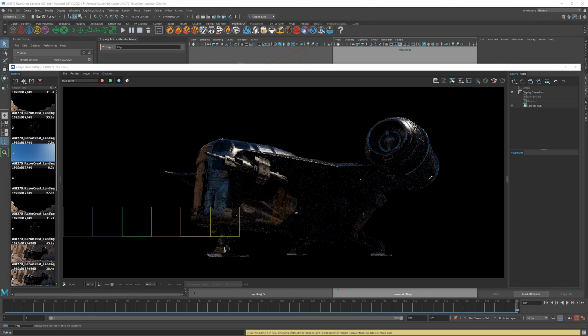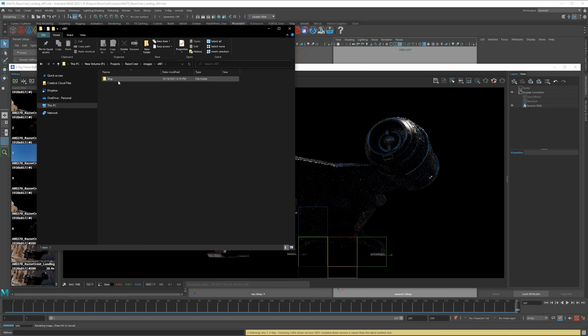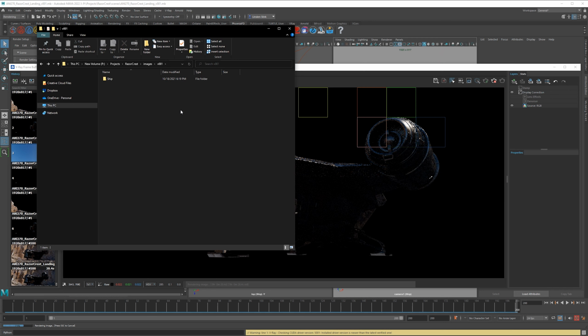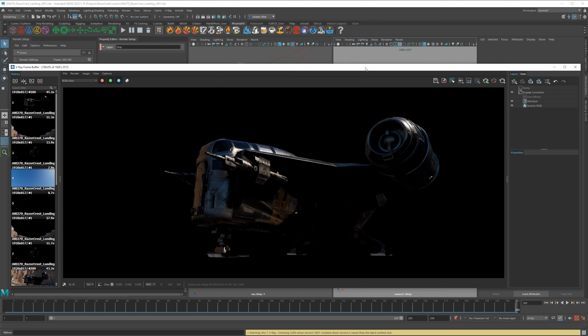And if we go back to our images folder, you can see a version 1 folder has been created again. Inside that, a ship folder has been created. The same thing with batch rendering, but it's only going to do one, and then you have to set up the next one. So this one is nearly done. As soon as that finishes there, it's then going to do a denoising pass, which is usually pretty quick, and then it has to save it. Once it's saved, your ship will be there. But then notice that it's completely done. The frame buffer will stay open, but it's no longer rendering anymore. And if you see this as a grayed out stop, that means it's no longer rendering.